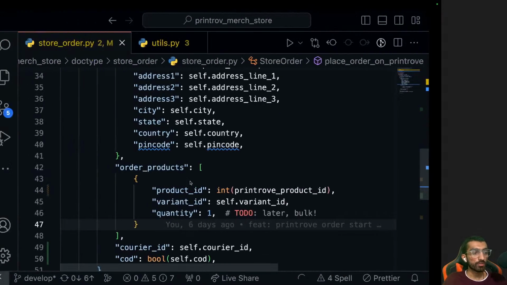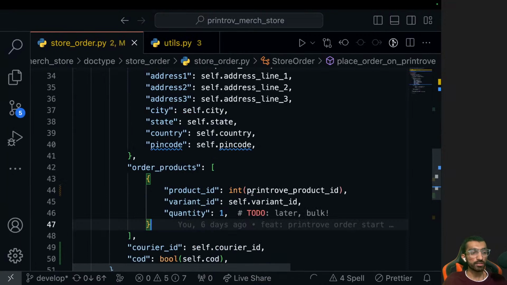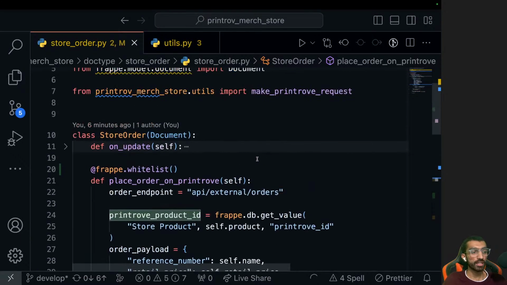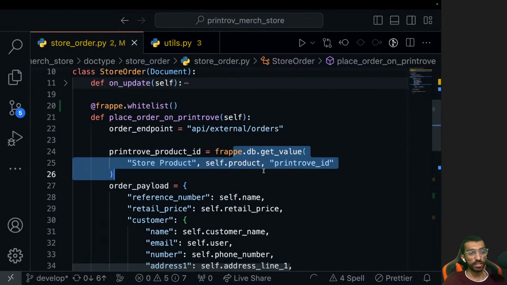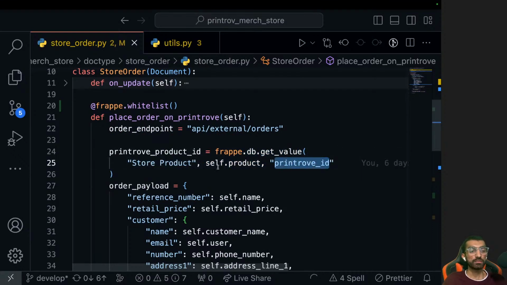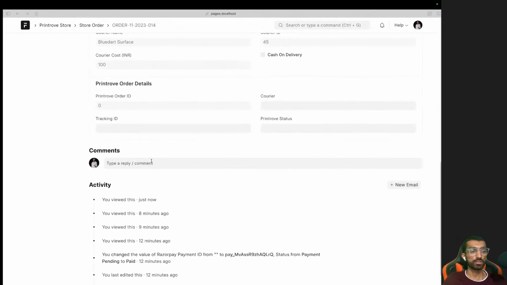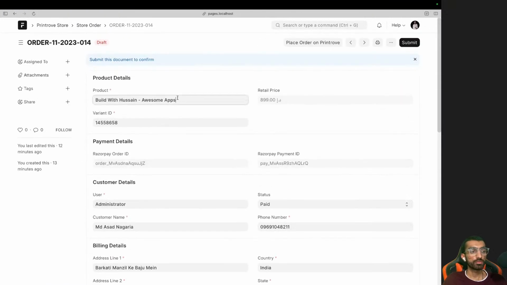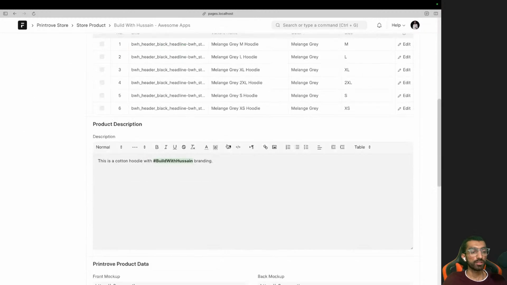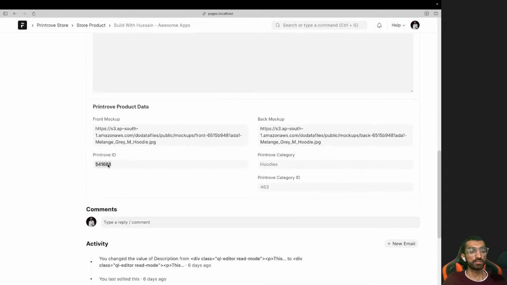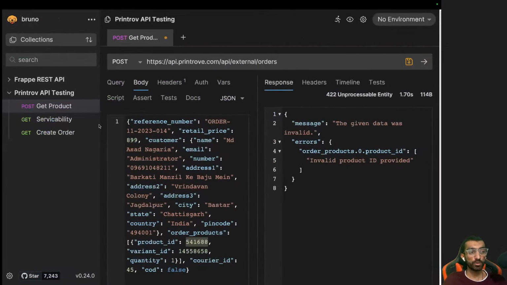Let's see what we are sending as the product ID. Print row product ID, which if I recall we did a db.getValue, which was print row ID from the product of the store product. So from the product we are sending this ID, and this is a valid product because